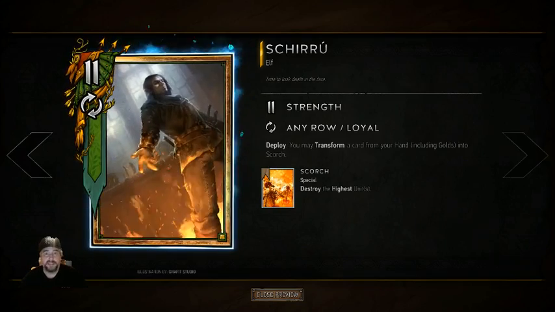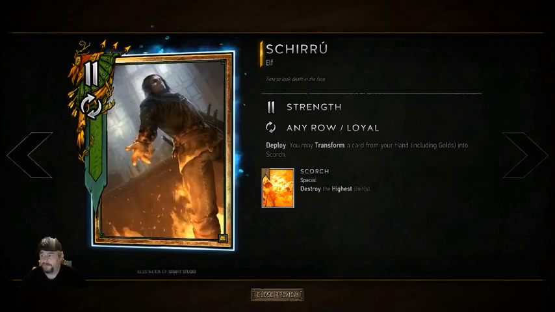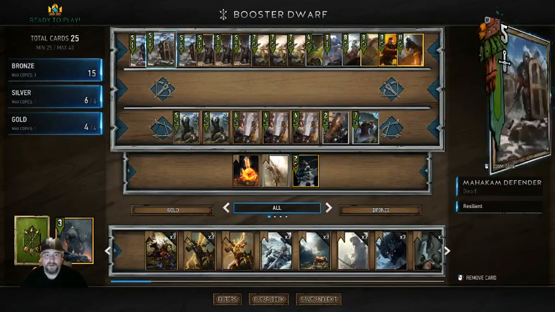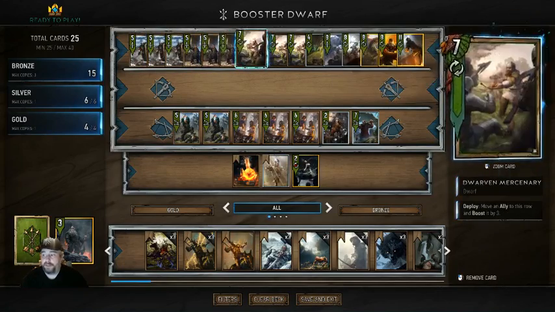You can also just play it as a straight 11 gold. That's also very good. So it's, like I said, situational. So that's that first row. You have the 3 Mahakman Defenders, the 3 Mahakman Guards that boost, the 3 Dwarven Mercenaries